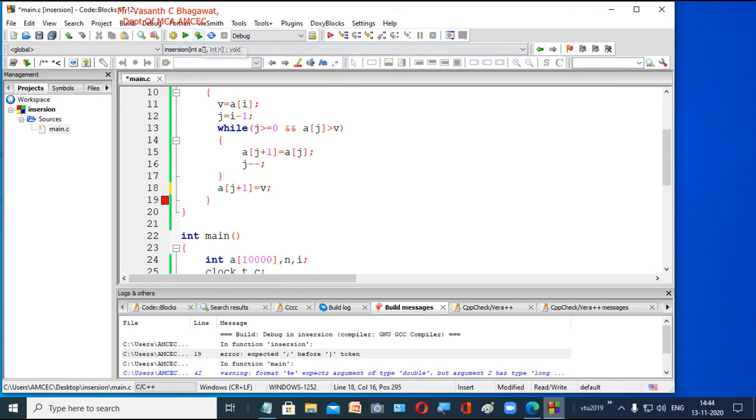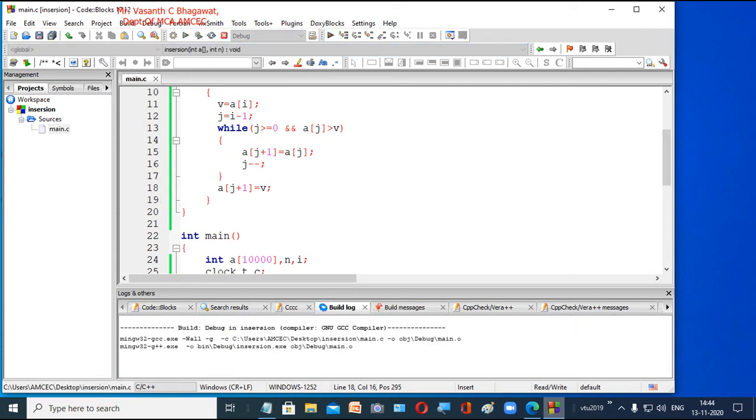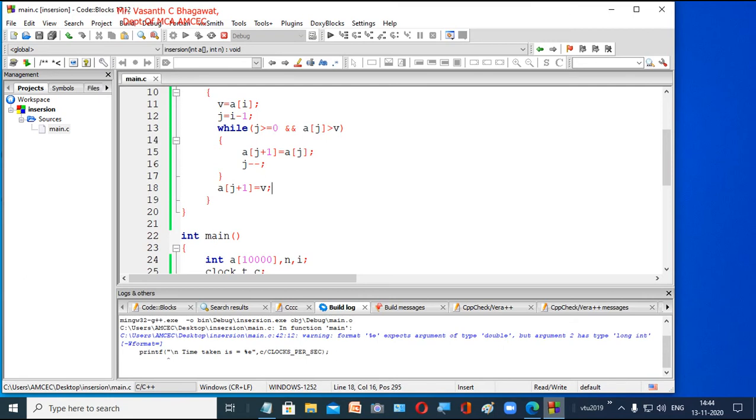Now type your semicolon so that you can remove this error. Let us compile and see. So if we get the errors, we can come to know what the common mistakes, general typing mistakes or syntactical errors are that we make when we type our program. Now let us see whether we are going to get any errors, or whether we are going to execute this particular program without any errors.